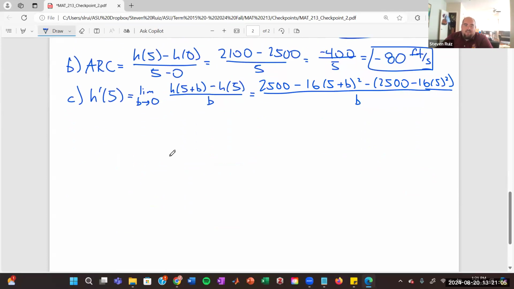We have a lot of algebraic manipulations to do here to get to the result we want. Note that b goes to 0, not h. So the limit as b goes to 0 of 2,500 minus 16 times, and I'll go ahead and expand this, 5 plus b squared, which is 25 plus 5b plus 5b, so plus 10b, plus b squared,